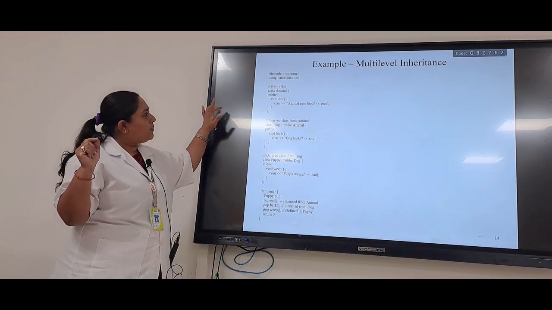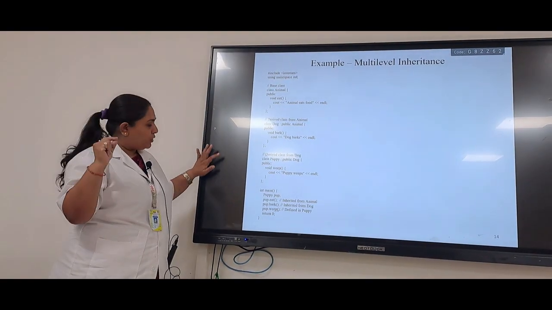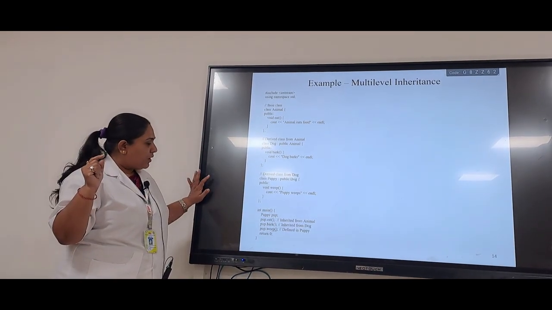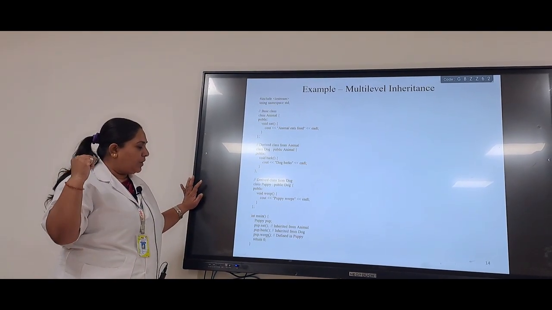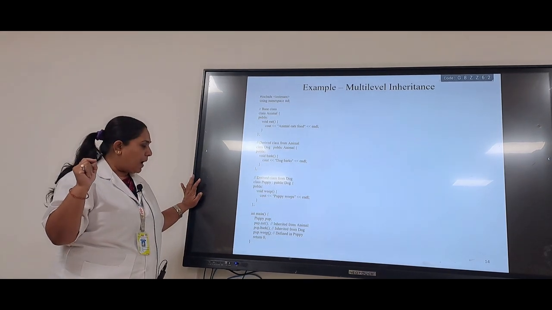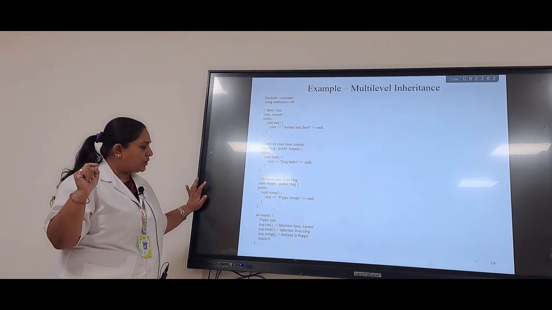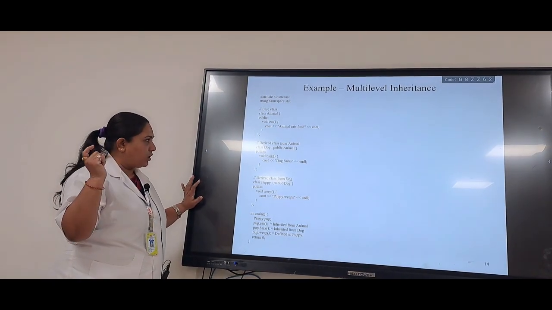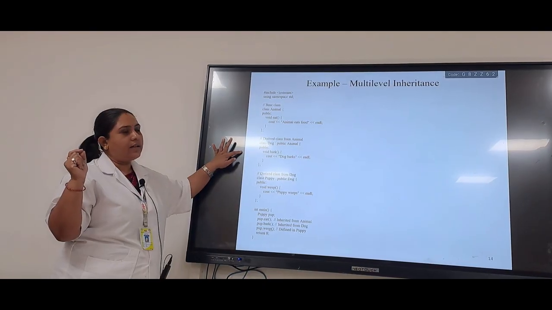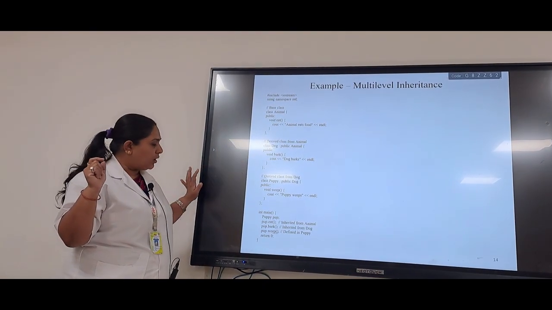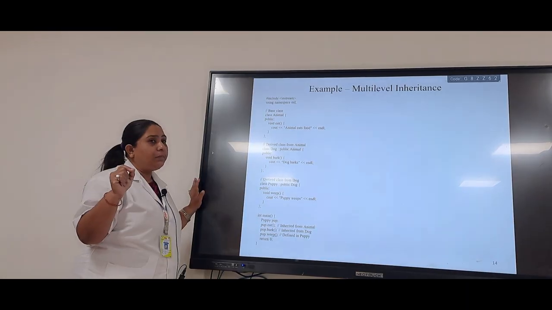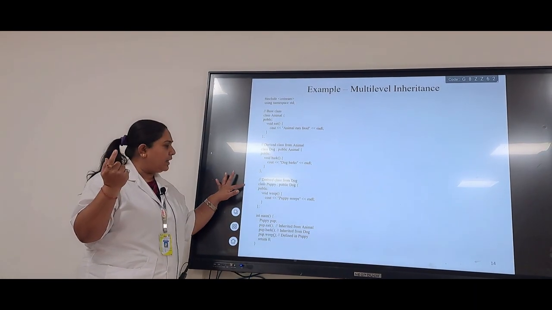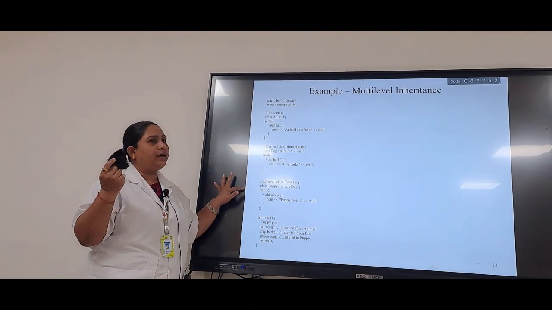Eat comes from the base class animal. Next, pup.bark. The bark function comes from the first derived class, that is dog. Next, pup.weep. The weep function comes from the second derived class.